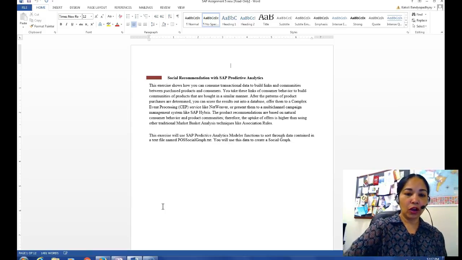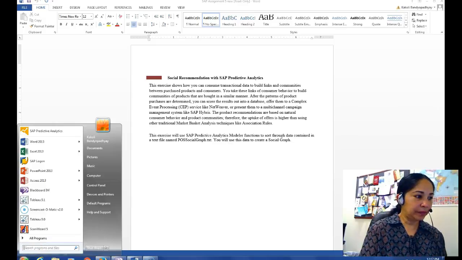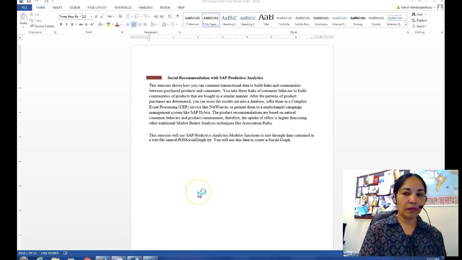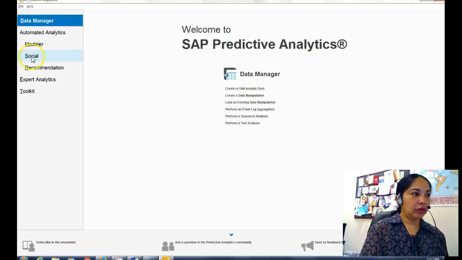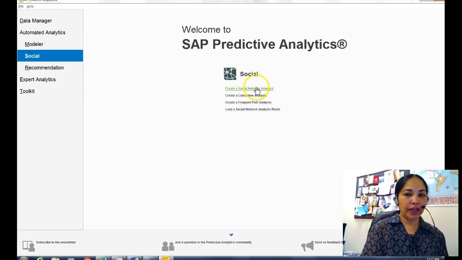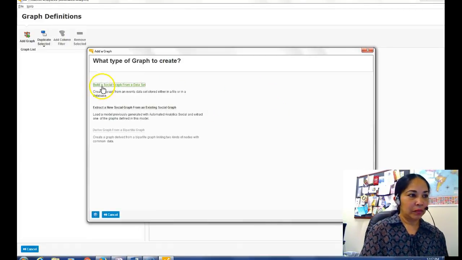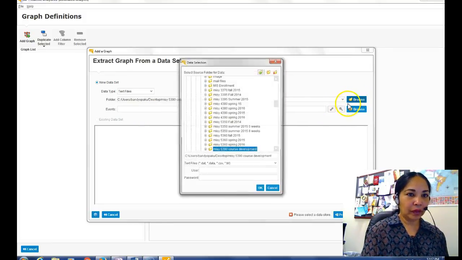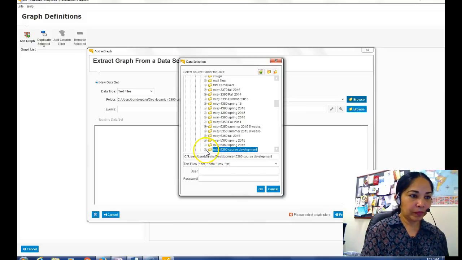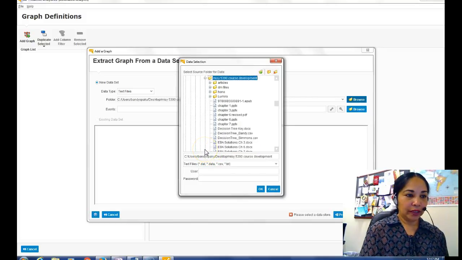Okay, so log on to SAP Predictive Analytics. Click on social, click on create a social network analysis, build a social graph from a data set, and map your data set from here.